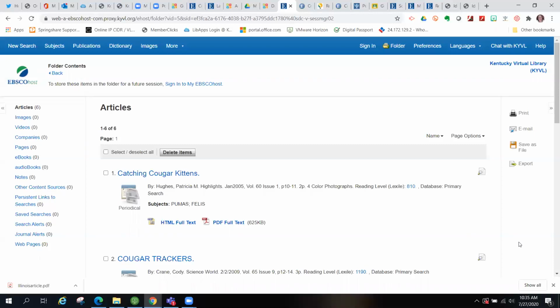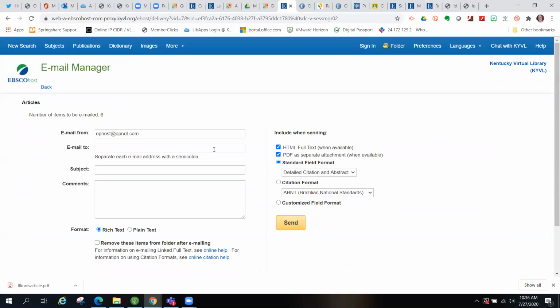So what I try to teach in general, and teach my kids and my friends and family, is that research doesn't have to be something that you set an hour or two aside for. You can do it in little blocks of time. So what I've shown my kids is that they can throw things into their folder when they've got 5 or 10 minutes. Or you all can do this too. Maybe you're sitting at the dentist's office waiting for your turn and you get on your phone and you come to KYVL and you're looking for some readings on cougars. You can throw things into your folder, and as long as you keep your browser window open,